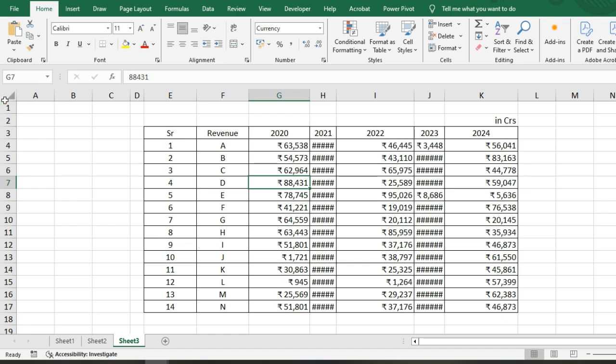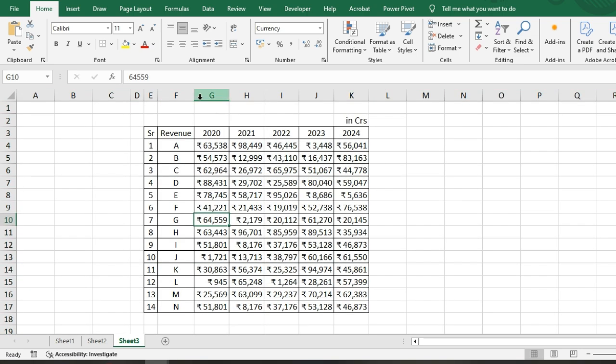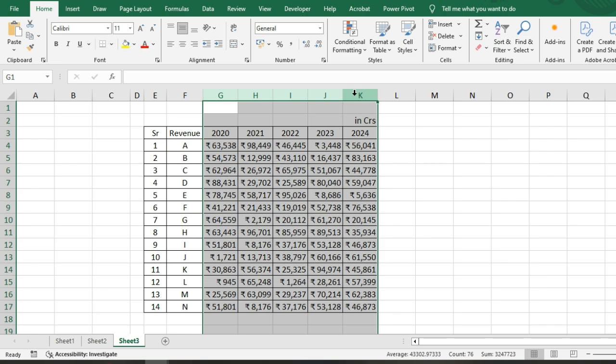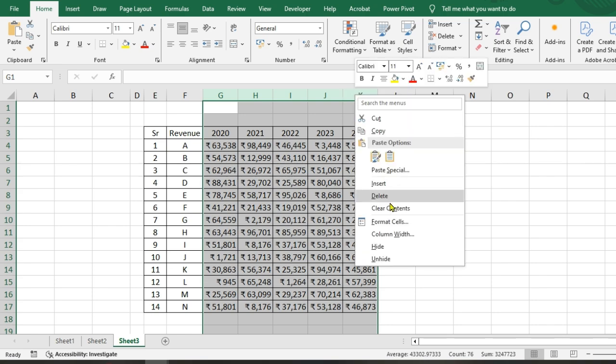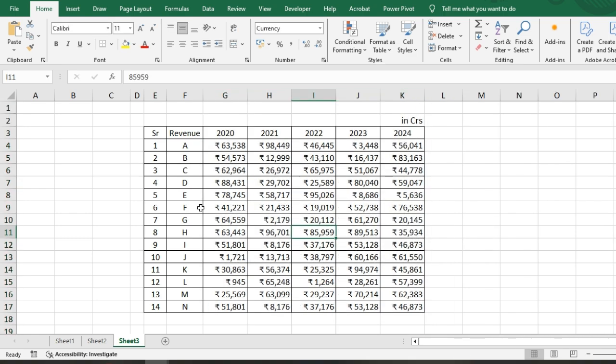Like if you ask me, what I'll do is select, double click, and will change manually the serial number column so it looks okay. No other cell should have column width like that, and then select the data for the years, right click, column width, and change the column width to 10. This basically involved the two methods which we have seen earlier. So to make the data look nice,